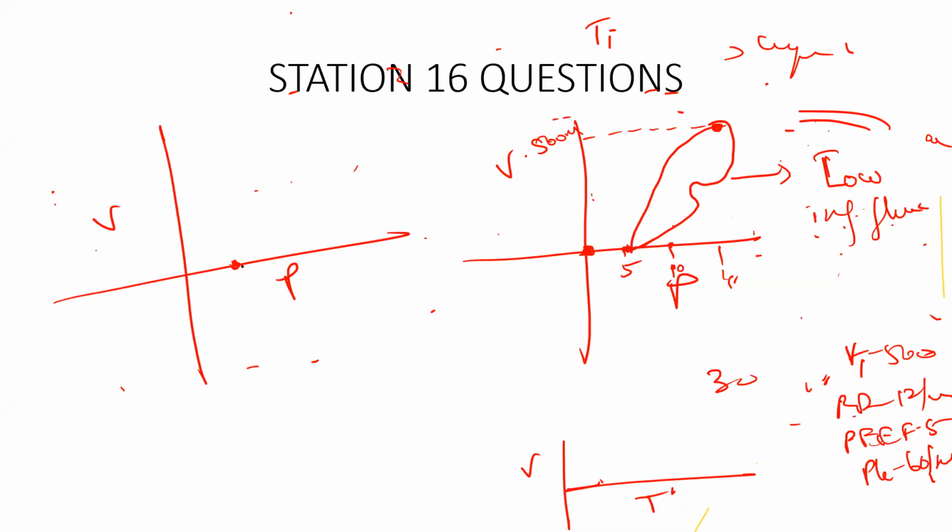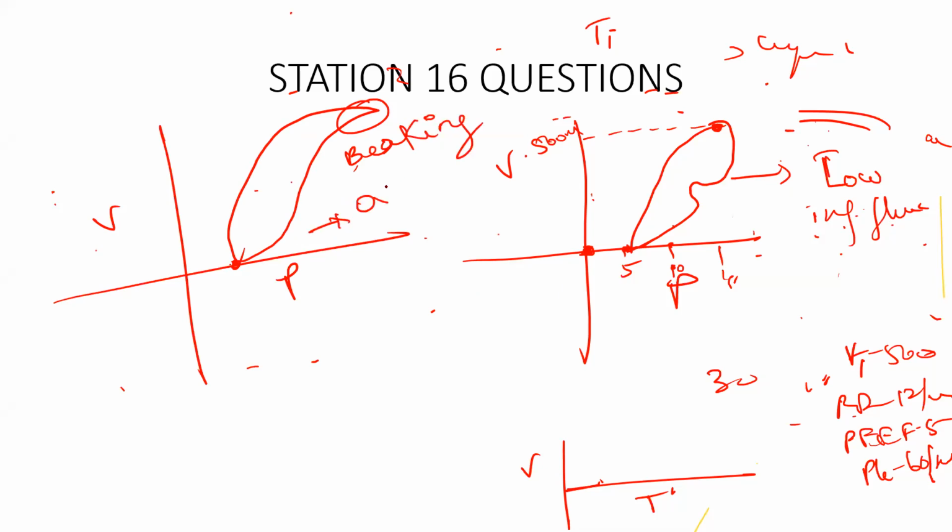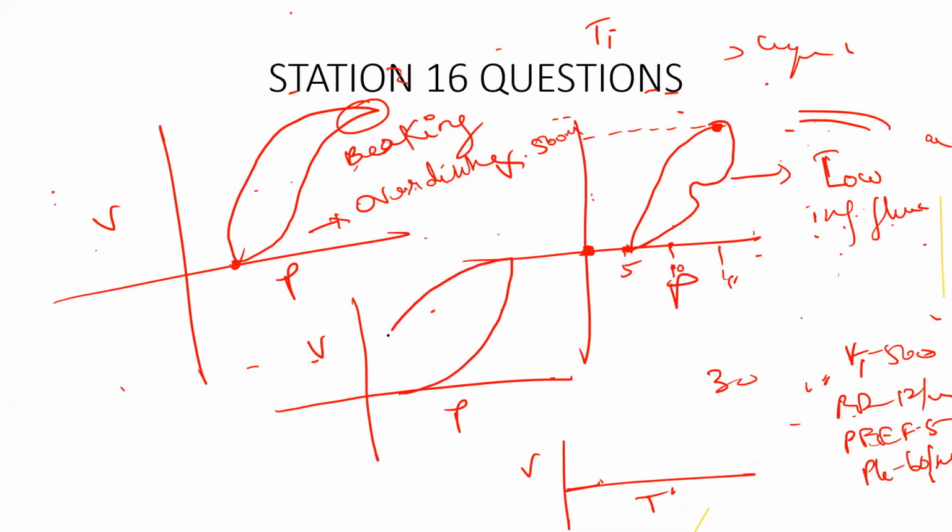Then when you over distend the lung, this is called beaking, like a bird beak appearance. Beaking happens when there is over distension. Lastly, when there is an air leak or auto PEEP, the loop will not touch. The loop is not completely closed. So this is the amount of auto PEEP or air leak. Okay, clear?